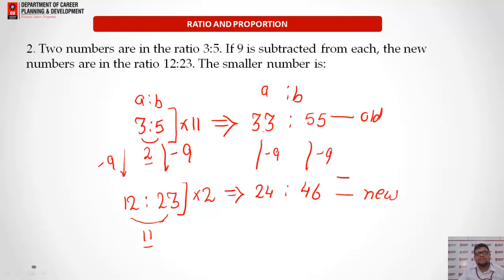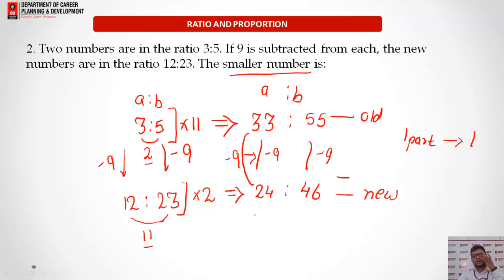Now if you can see in the ratio also, the difference is the same as 9. Yes, in the ratio also the value is decreased by 9, and in the value also it is decreased by 9. So one part is representing the value as 1. So we have to find the smallest number.